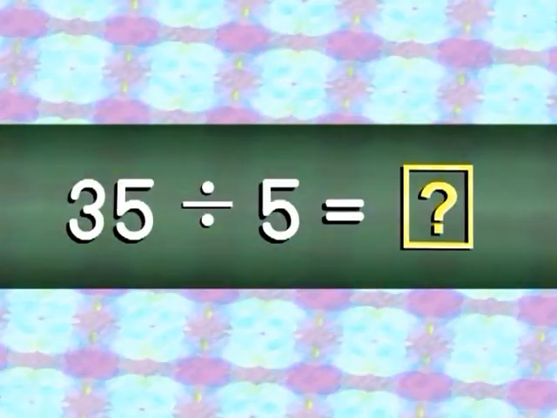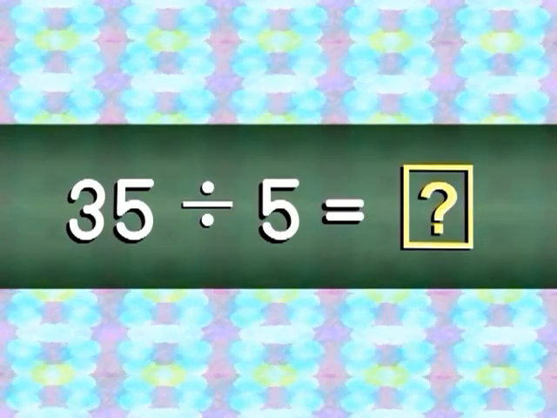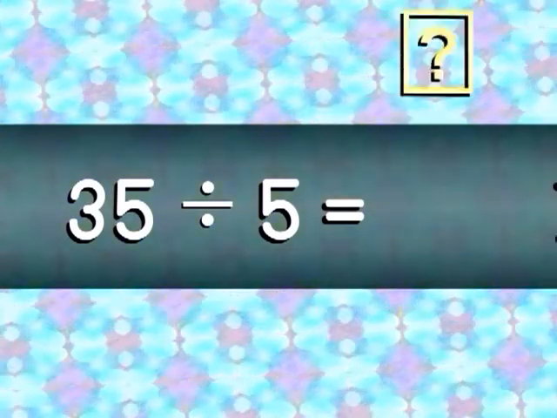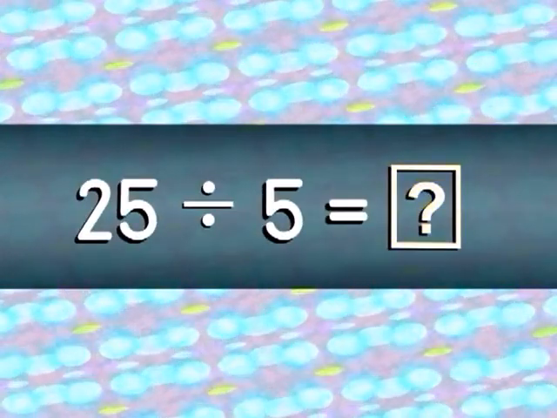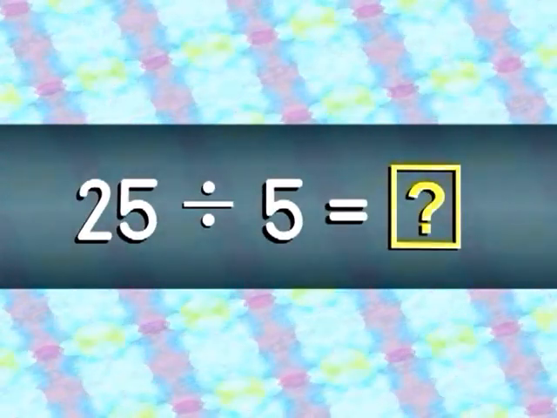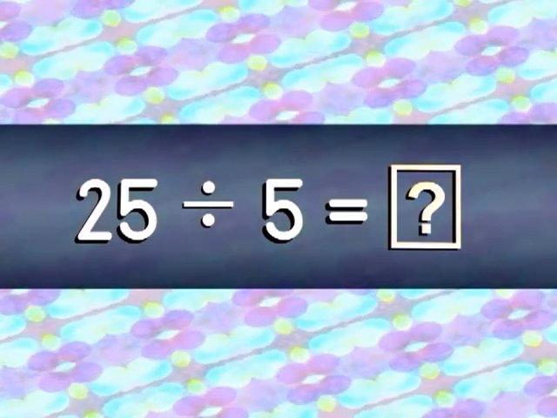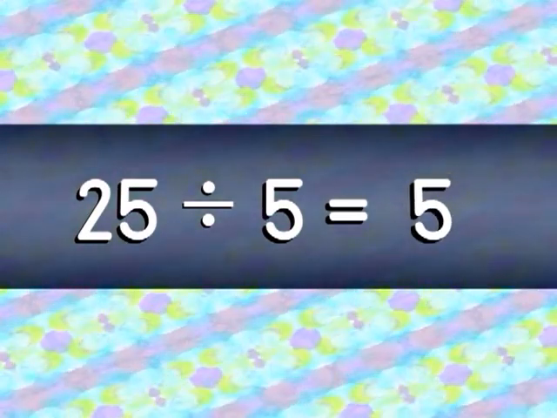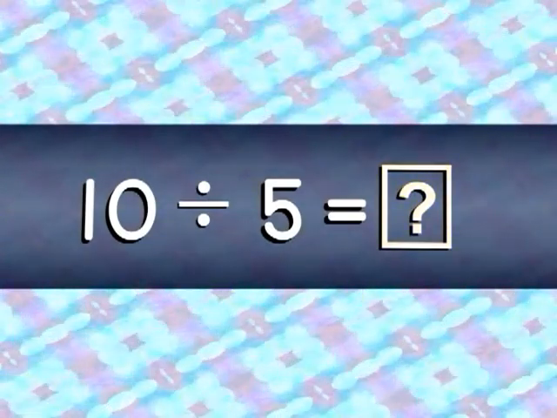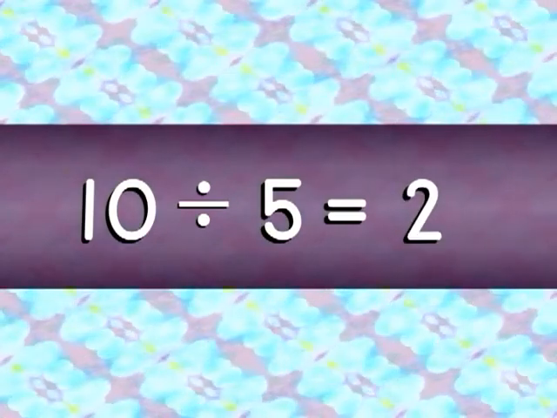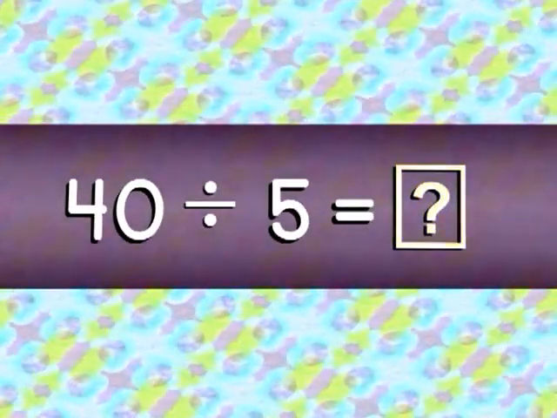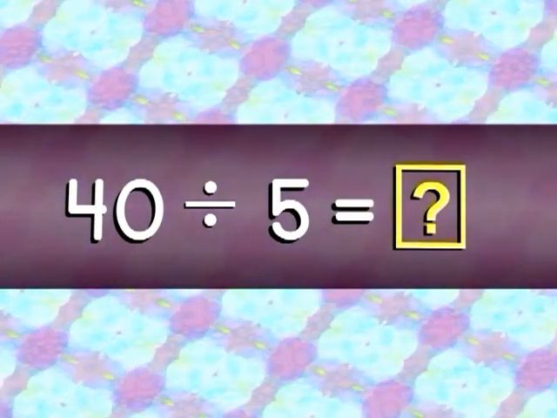35 divided by 5 is 7. 25 divided by 5 is 5. 10 divided by 5 is 2. 40 divided by 5 is